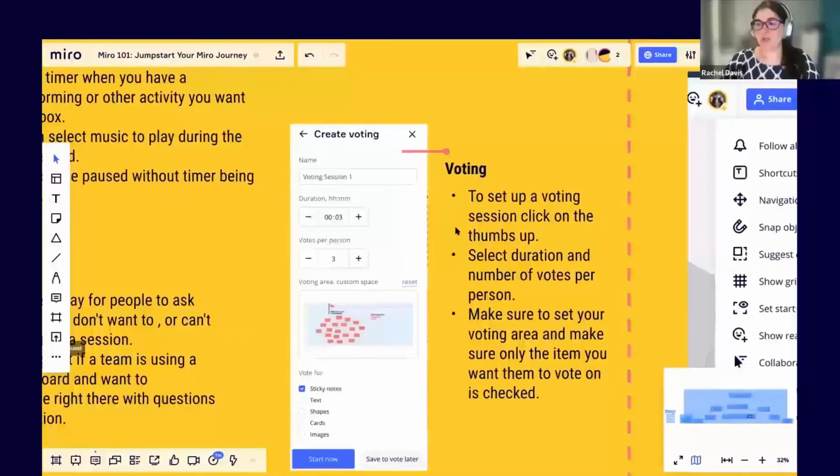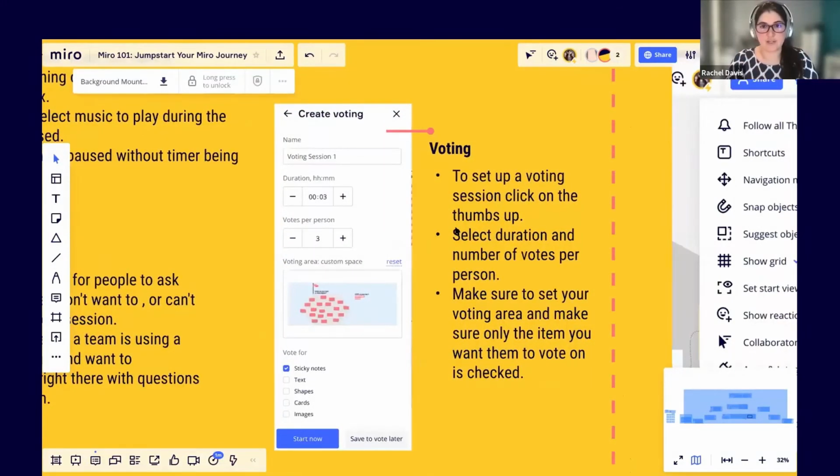Voting. I'm just going to talk about it super high level because we're going to do an activity later where I'm going to use voting, so you can see how it works. The voting is this little thumbs up at the bottom, and you can create voting sessions for a particular part of the board.